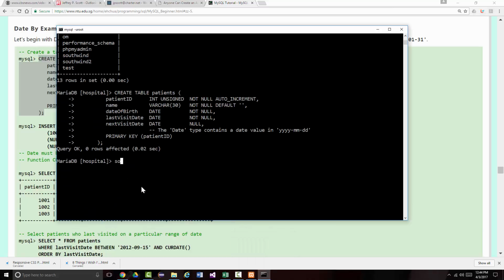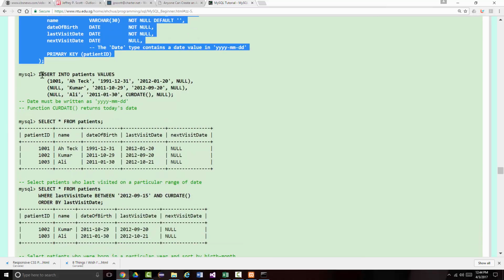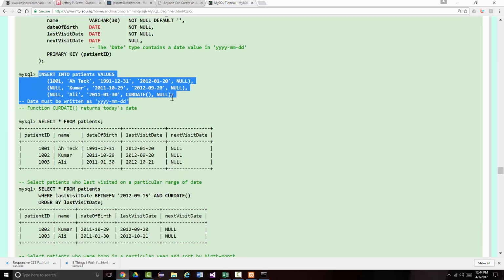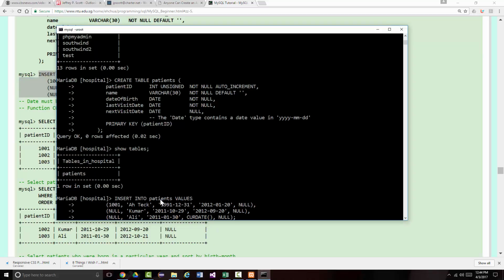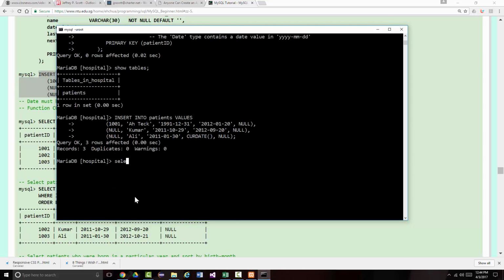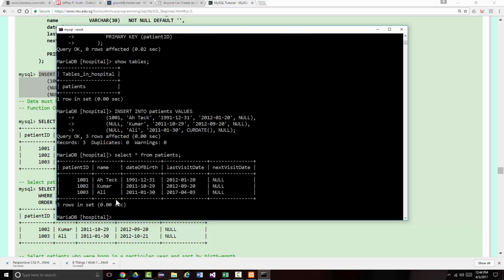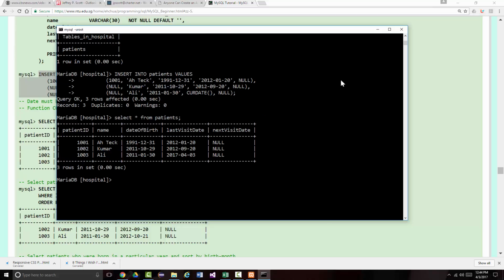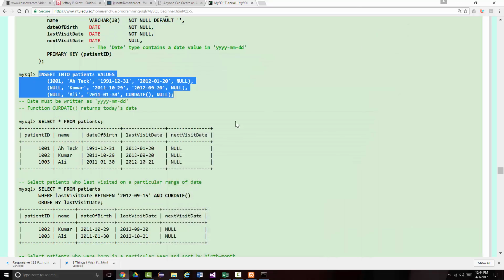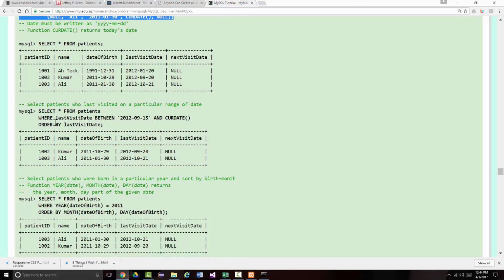We've done that, so now if I show tables, there it is, there's the patients table. Now we have to put some records into the patients table. Alright, so let's select star from patients, and there they are. Notice the next visit date on all of these is null. So we want